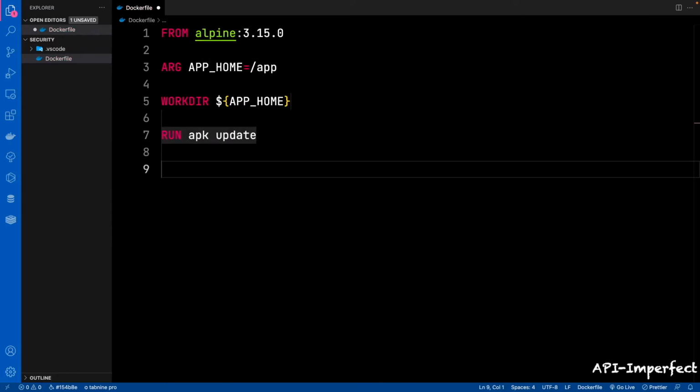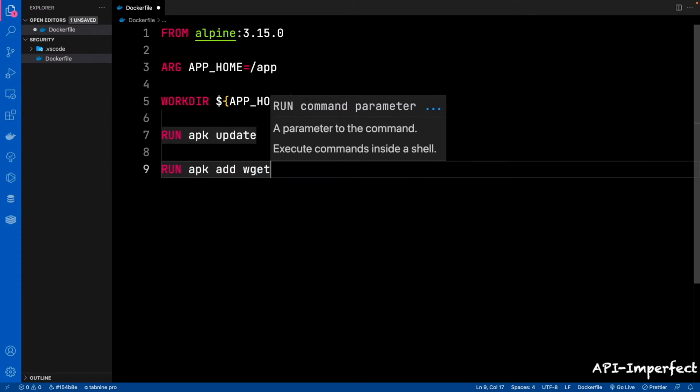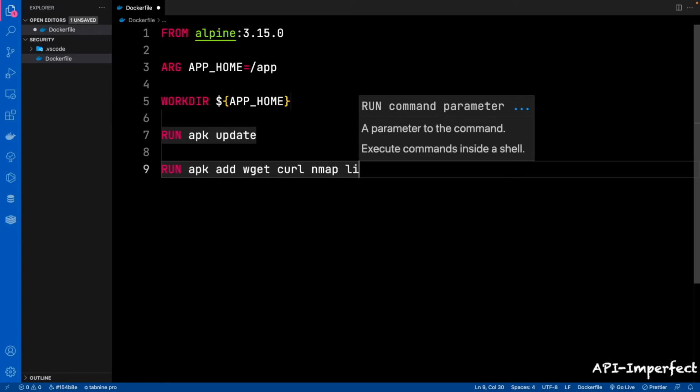Next, we're going to install nmap, which allows for viewing of network processes. An attacker could use nmap to scan the network for open ports and network targets. We can say run apk add wget curl nmap, and then you're also going to install libcap. So libcap basically allows for viewing of container capabilities. So you can say libcap